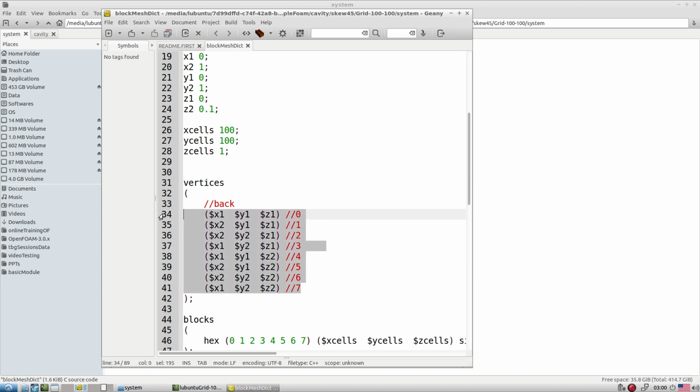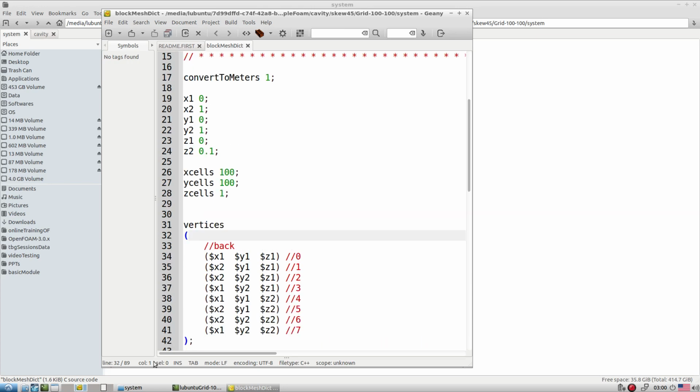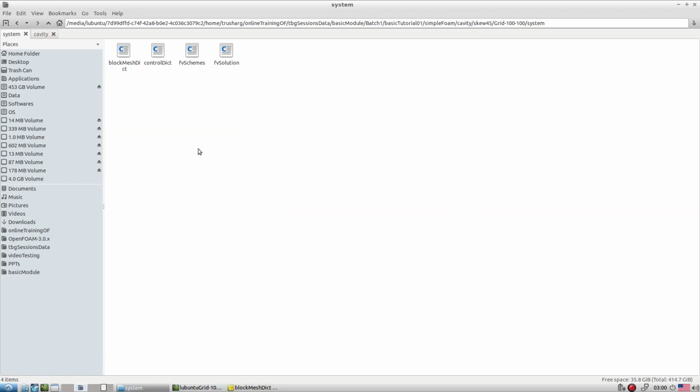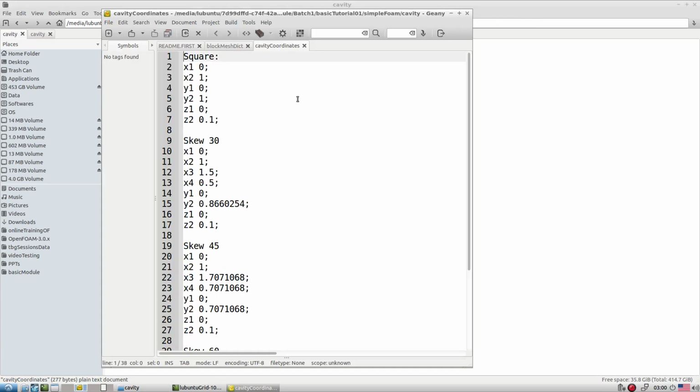We have to modify the coordinates of all 8 points based on our requirement. For that we require the coordinates for the skew cavity. I already gave those coordinates, they are here.